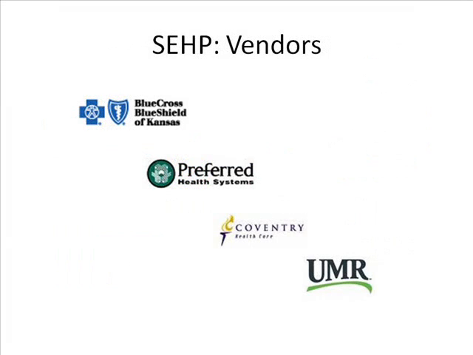State Employee Health Plan. In Plan Year 2010, the State Employee Health Plan will offer 4 choices of vendors to administer your health plan. The vendors are Blue Cross and Blue Shield, Coventry Healthcare, Preferred Health Systems, and UMR, a United Healthcare company. When choosing the vendor for your health plan, it's important to look at each vendor's provider network. Make sure that the doctors and hospitals that you and your family use are in the network of the health plan vendor that you are selecting. You can review their materials on our website, on the vendor's website, or by calling the vendor's customer service center